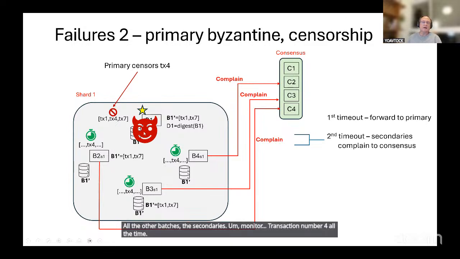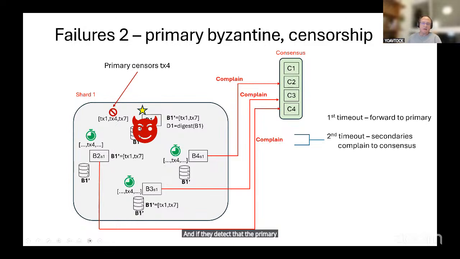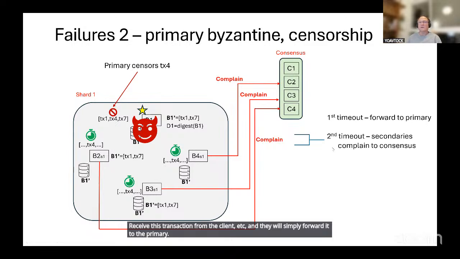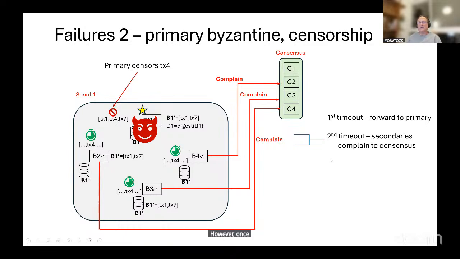And if they detect that the primary batcher had not included transaction number 4 in a batch within a reasonable timeout, first timeout, they will assume that something benign had happened. Maybe party 1 had not received this transaction from the client, etc., and they will simply forward it to the primary. However, once a second timeout had elapsed in which they did not receive this transaction, they will complain